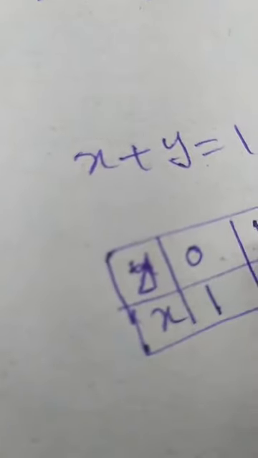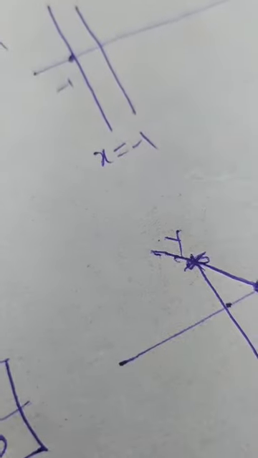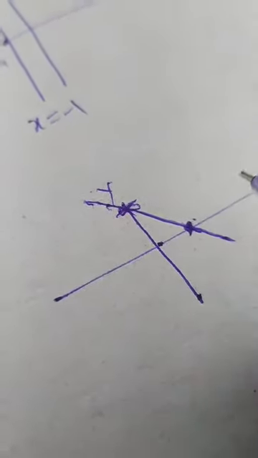So every linear equation in two variables represents a straight line, and you can choose x independently or you can choose y independently, no problem. If you choose x values independently, you will get y values. If you choose y values independently, you will get x values. So at least two values you have to take, then you will get the other variable's values. By using those values, you can represent a straight line in the graph.